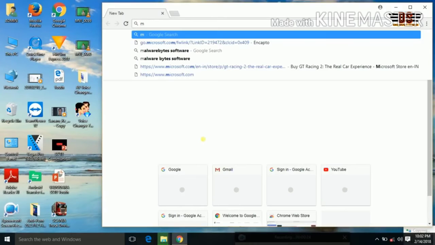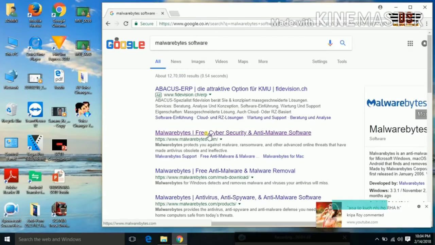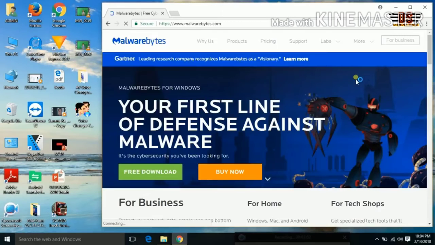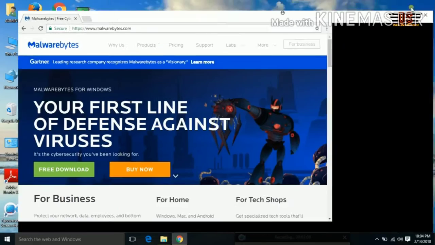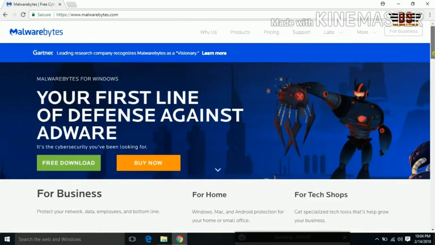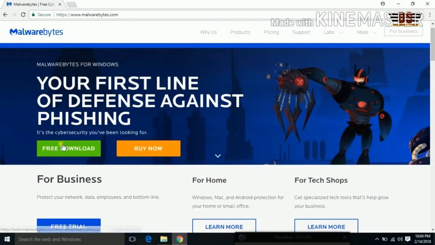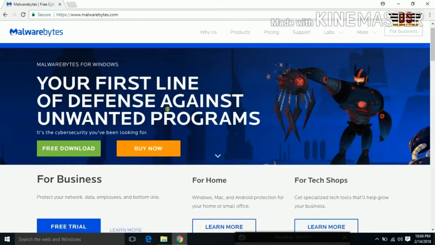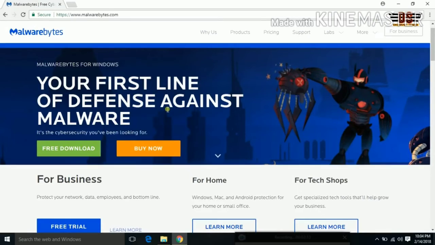The next step here, we are going to the Malwarebytes software. Through it you can delete your malware online. See, this window will appear here. You can download it freely, it is available, or you can buy it also. If you want to buy, it gives the license for some days or one year, right?